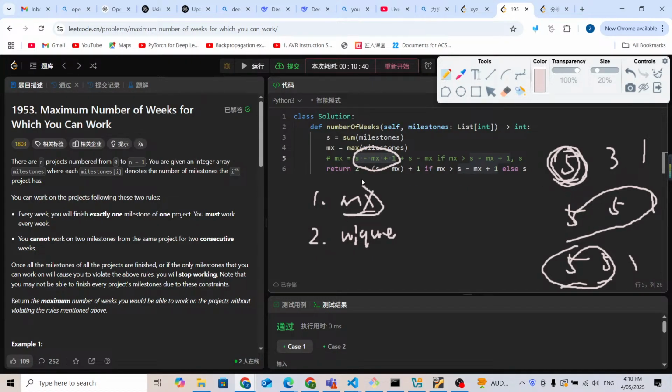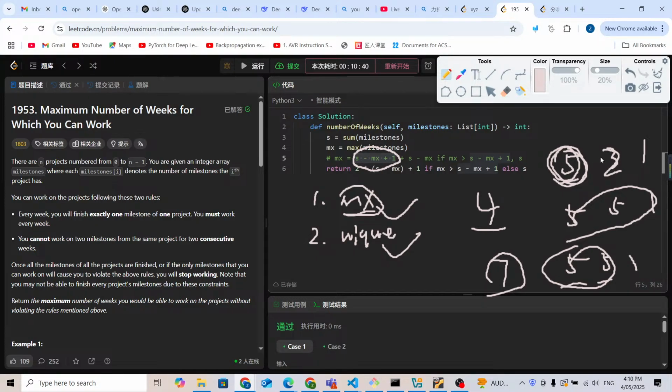Definitely it is the maximum number because we are choosing the maximum number, and secondly this must be a unique number. Even if we reduce this number to 4, this 4 has to be the maximum number, and this 4 has to be the unique number, and 4 plus 2 plus 1 is going to be 7, the final answer.